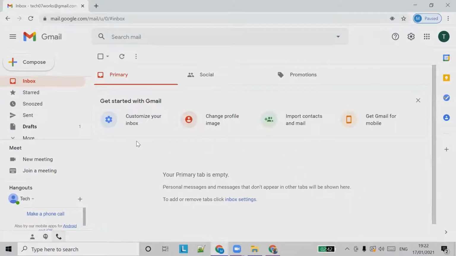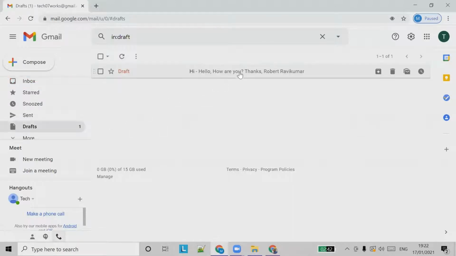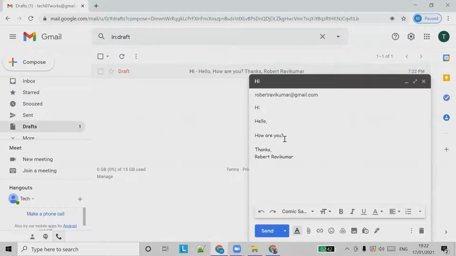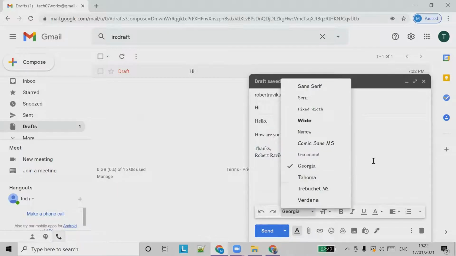Now the font is a bit different. So go to drafts again and click on that. See, the font is a bit different now. You can see the different fonts. We'll choose Georgia. You can choose any of the options provided here.